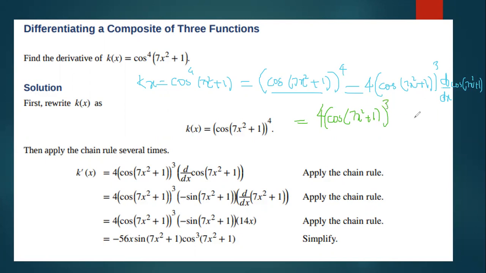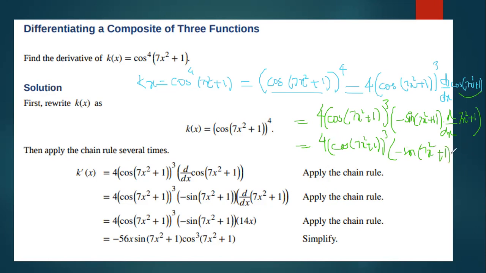Sorry, and derivative of cos of this one, derivative will be minus sine of the function that is 7x square plus 1 and then the derivative of also this function because the x का function है, so it will be d upon dx of 7x square plus 1, so it will be written as 4 cos 7x square plus 1 with a cube with a negative of sine 7x square plus 1 and then there is a 7x square, so the derivative of 7x square equals to 14x and it will be equals to 14x into 4, and there also is a negative sign, so we will go to minus 56x with the साइन